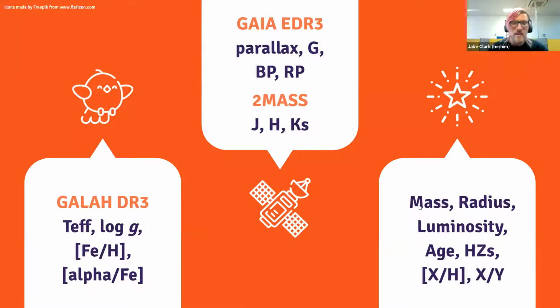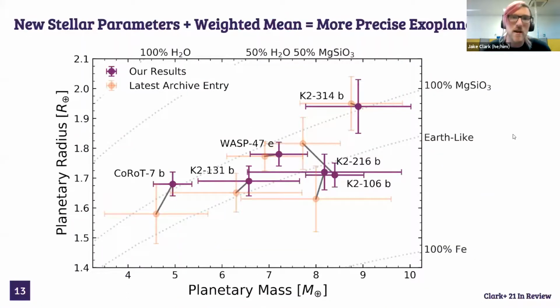And so now what I've done is, with the third data release, I've looked at just the confirmed and candidate exoplanets that have been found both with TESS and with K2 and other surveys, and used GALAH DR3 stellar parameters along with Gaia EDR3 parallax values and magnitude values to update the planetary parameters found within GALAH DR2. Now, a reminder that GALAH DR2 did not include the TESS-HERMES survey, nor did it include the K2-HERMES survey as well. So we have more exoplanets within